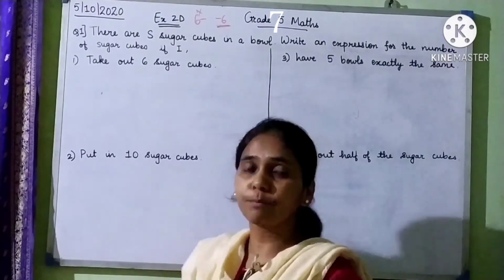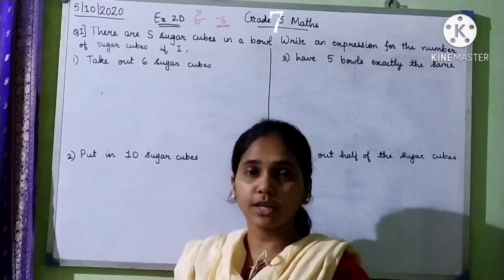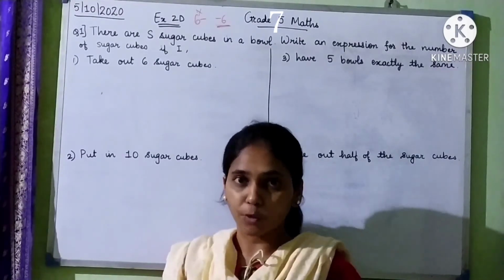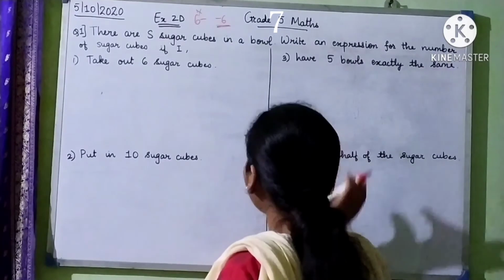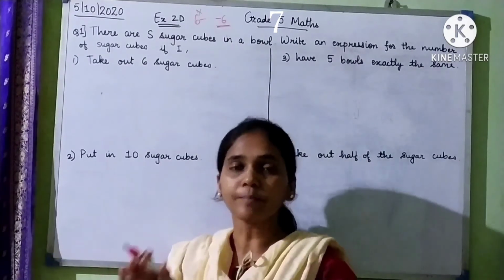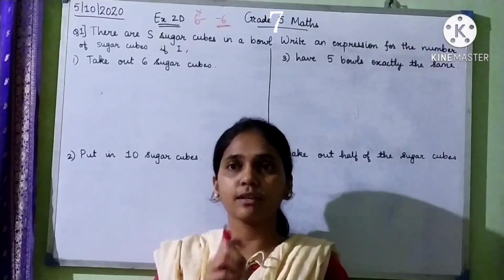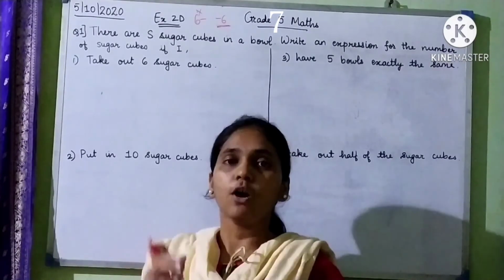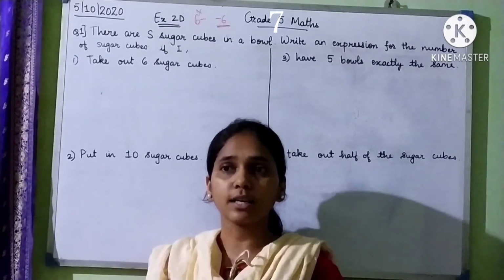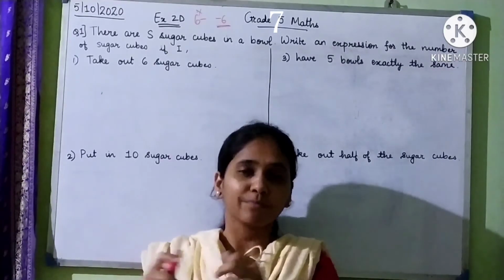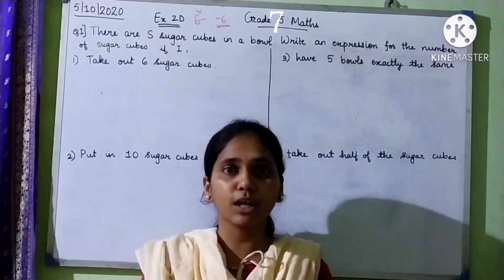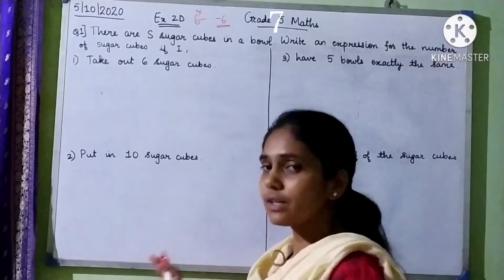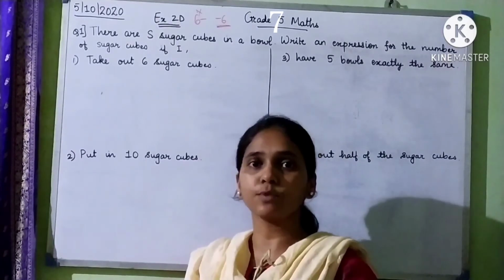Then if we have words like put in or add, then we have to add the number. For multiplication and division it is a little different. For division, they would say that we share the thing among this many people. For multiplication, they would ask us, if for 1 it is this much, then for 10, or for however many, how much will be the resultant number. We will come to know that as we solve sums and as we practice more.